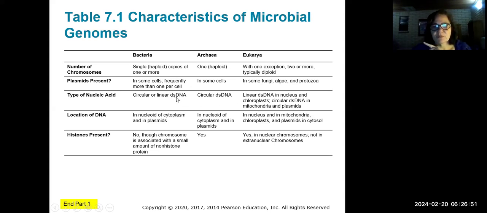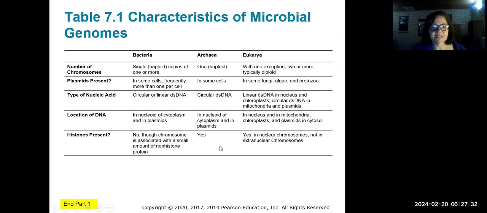Double-stranded, that's what DS stands for, double-stranded DNA in all of the domains of cellular organisms. It is only when we go outside of the cellular organisms that we get something other than double-stranded DNA. Otherwise, everybody is using double-stranded DNA. And where you find it, if we were a eukaryotic organism, most of it is in the nucleus, but some is in those little organelles that we think were one time free-living bacteria, the mitochondria and the chloroplast. But then there are these extra plasmids in some species.